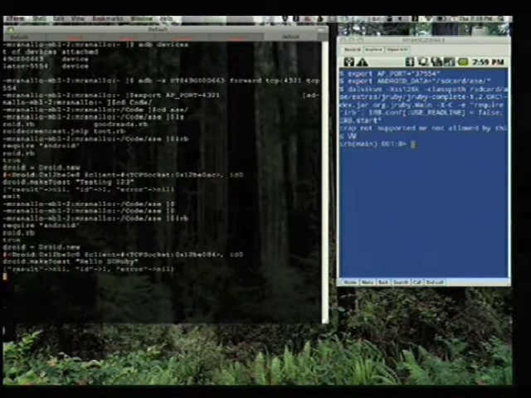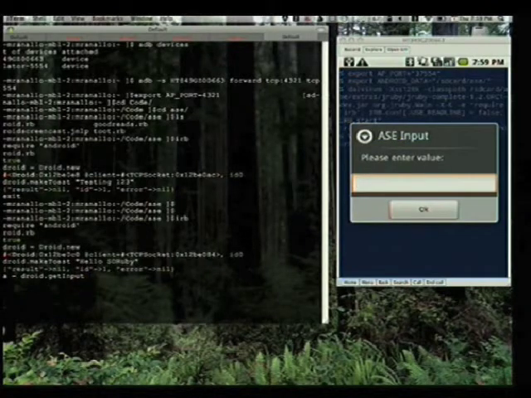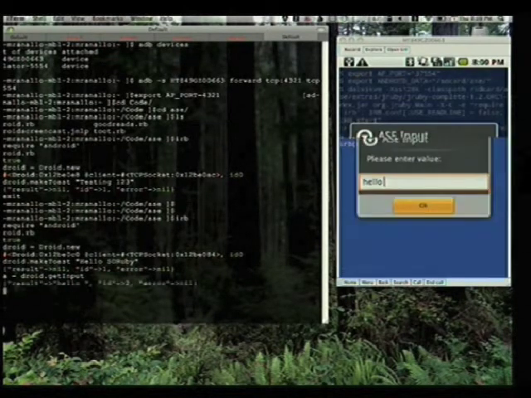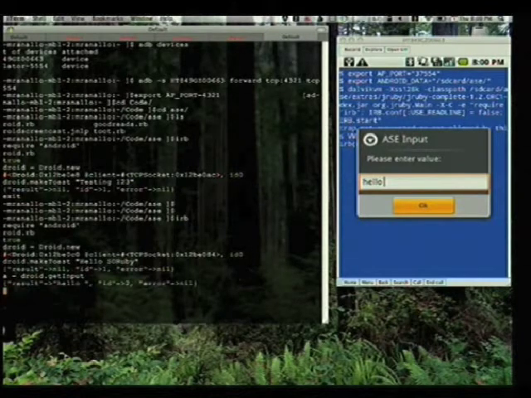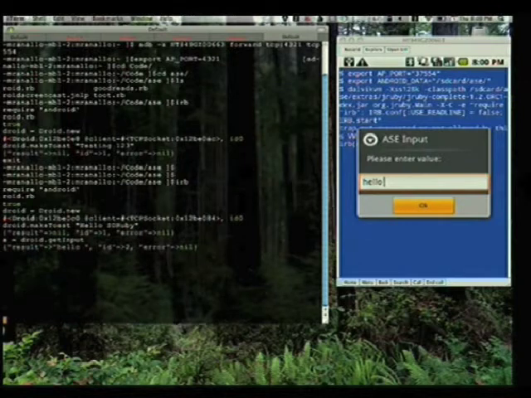So I could say, A equals droid dot, and so I'll get an input box over here. And I'll say hello. Send that back over. And you see the response down there I got was hello. So that's not much for a text box, but if you did